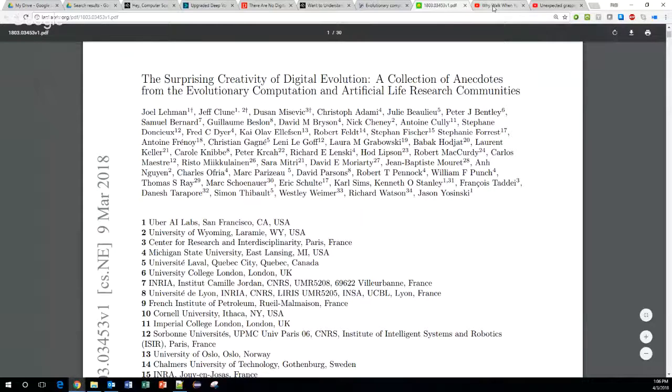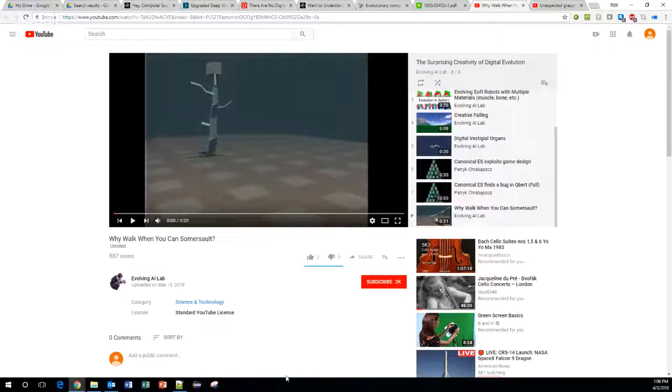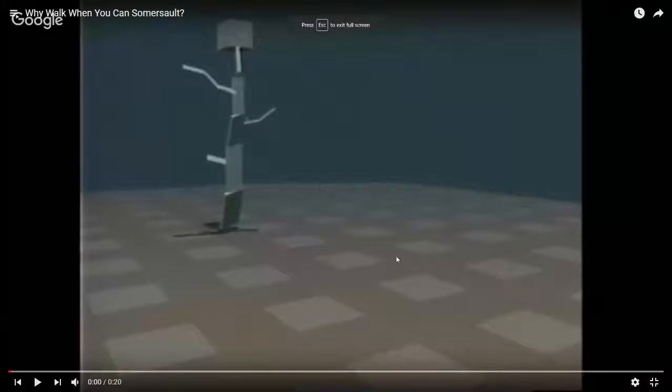The first one I'm going to show you, you can full screen that, I think. This is a simulation where they were trying to evolve individuals that were able to walk in a simulated environment. In this environment, they have gravity and friction, and it's normally in air and stuff like that. They were hoping for these evolved entities to have legs and look like the animals that we're used to. And they did get some solutions like that, but